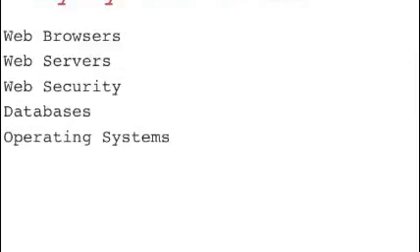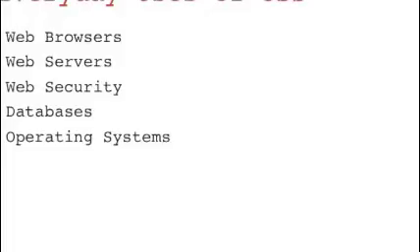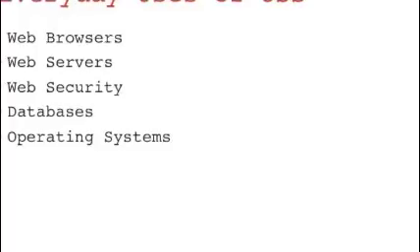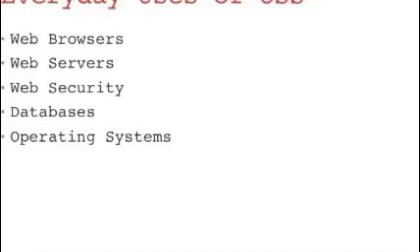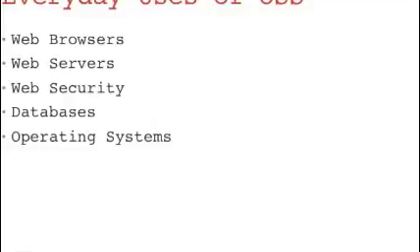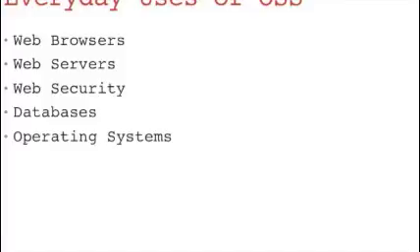PC users often use open source software without even realizing it. Open source software accounts for most of the software we use as everyday PC users. Many web browsers use OSS. Chrome is the leading browser, which is based off the source code from Chromium. Firefox is also a leading browser that is open source based. Web servers that use open source software include Apache's HTTP server and Tomcat, a web application server. Over 50% of websites rely on Apache's open source web server.